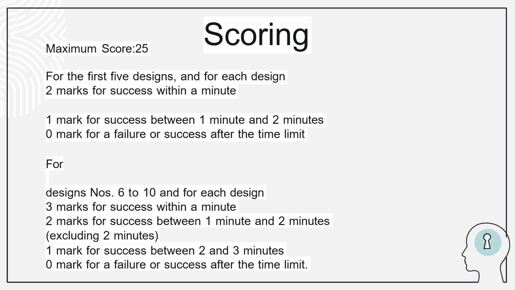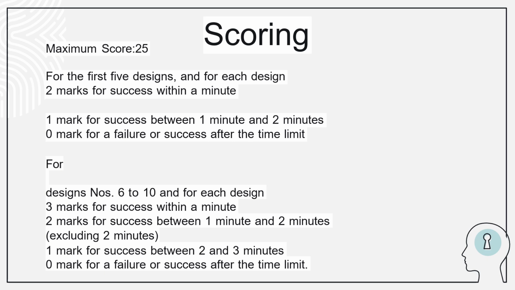So how do you score? Maximum someone can score is 25. For the first 5 designs, for each design, 2 marks for succession within a minute, 1 mark for succession between 1 minute and 2 minutes, and 0 marks for a failure or succession after the time limit. So you basically sit with a sheet and you write 1 to 10, and depending on if the patient was able to make the design in 1 minute, you will give 2 marks. If 2 minutes, then 1 mark. If the patient is either exceeding the time limit or not able to do it at all, you give 0